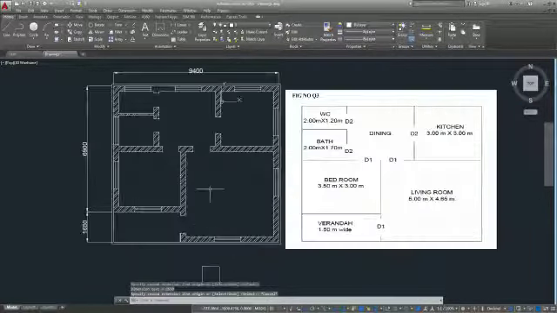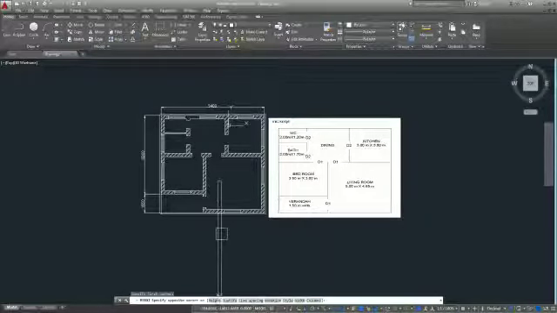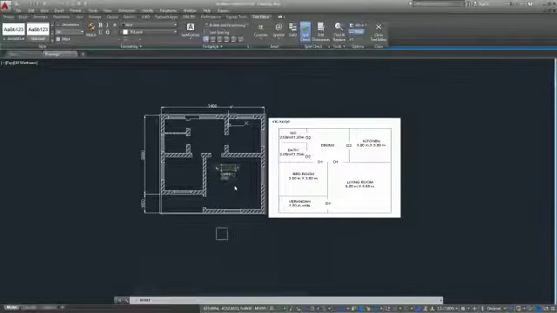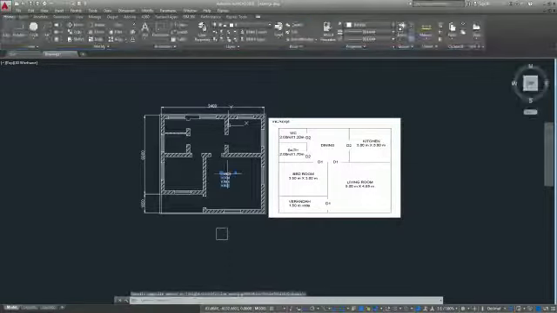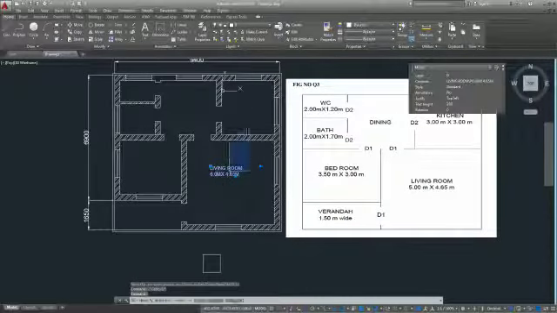Okay, so then, how to do the text here? Multi-line text, click here, give the height, around 200 height. Okay, so it will be blinking. Living room, we have to write it as living room. Okay, and the dimension, what is given in meters, we have to write in meters only. Drawing is in millimeter, but the text will be as given in the problem. Okay, click. See now, this multi-line, you can adjust this. Once it is done, you can copy everywhere.